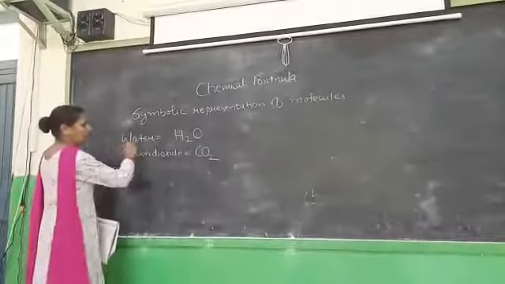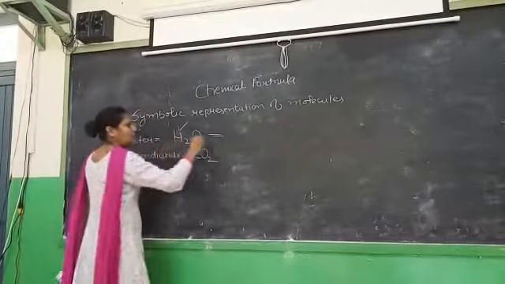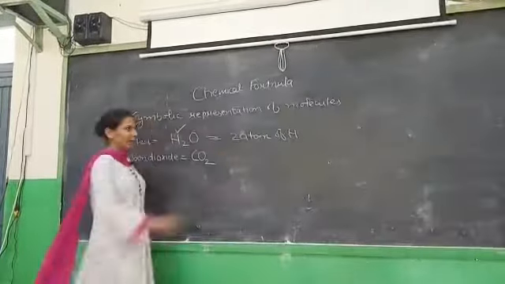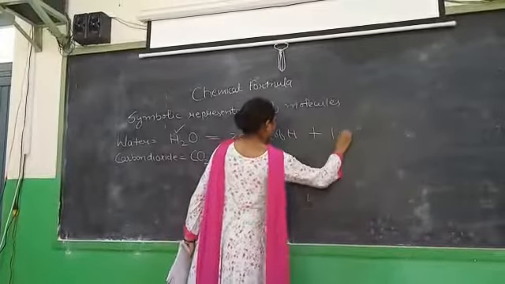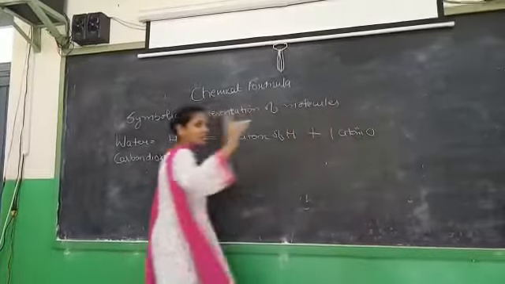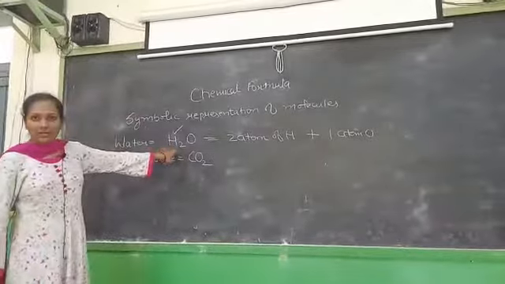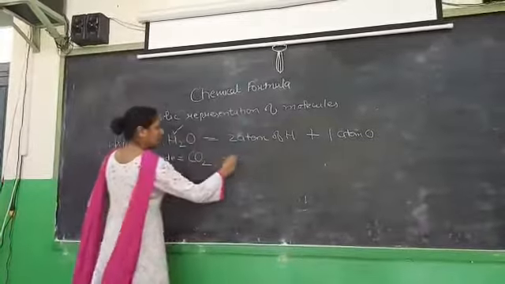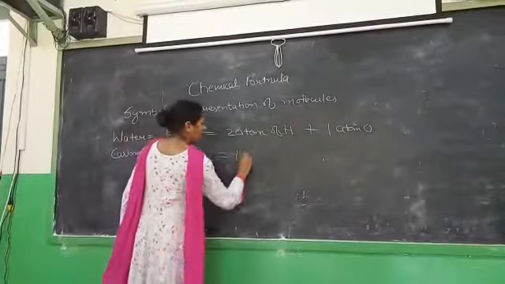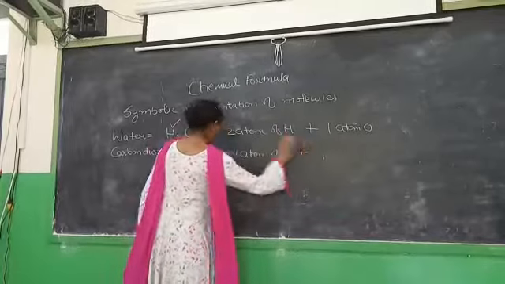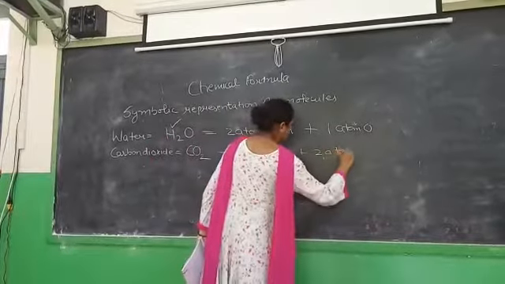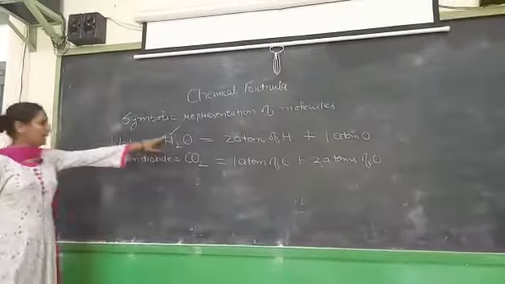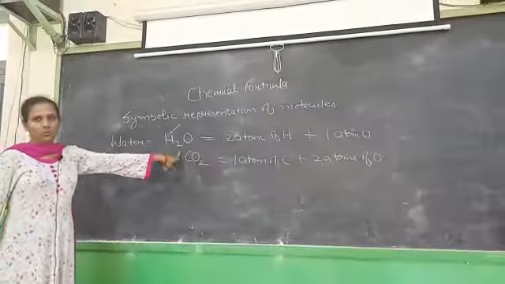For example, after seeing water, I can check it is made up of 2 atoms of hydrogen and 1 atom of oxygen. I expect that you are already aware of these symbols I am using. In the same way, carbon dioxide is made up of 1 atom of carbon plus 2 atoms of oxygen, so it leads to the formation of CO2, and in case of water it is H2O.